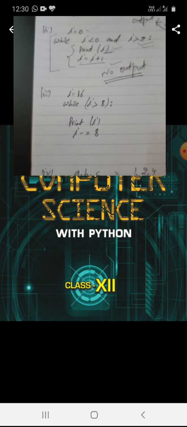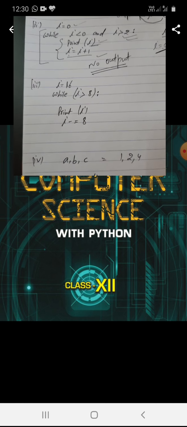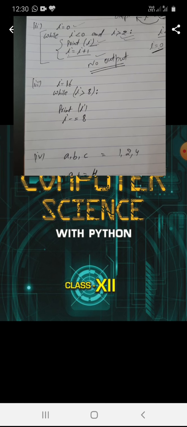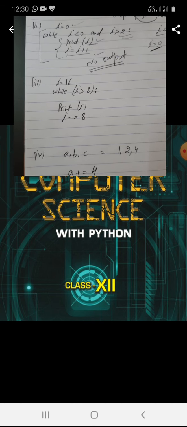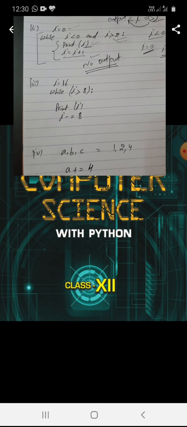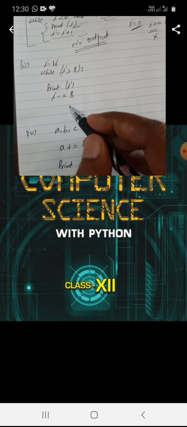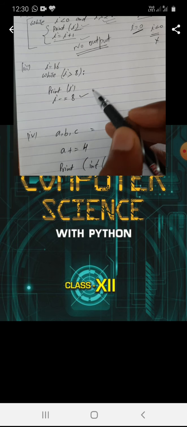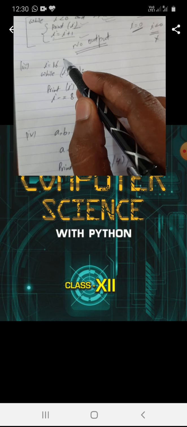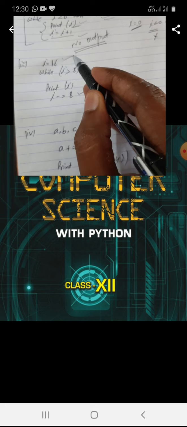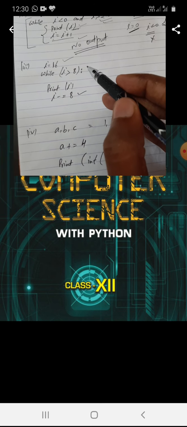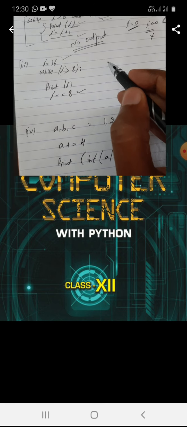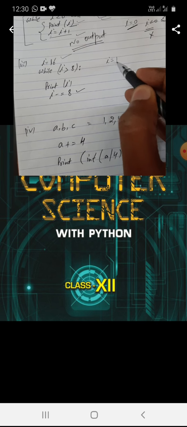The next code is i = 16. While i > 8: print(i), then i -= 8, which means the decrement operator is applied in line number 4. Initially a variable i is declared in which 16 is assigned. While i is greater than 8, initially the value of i is 16.